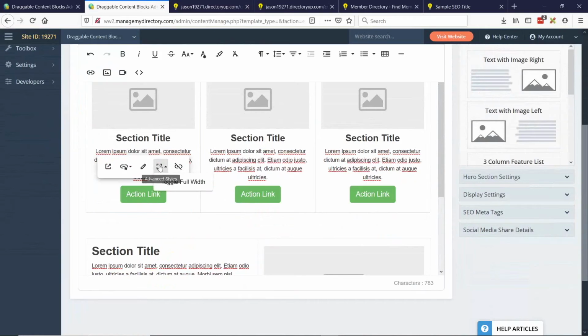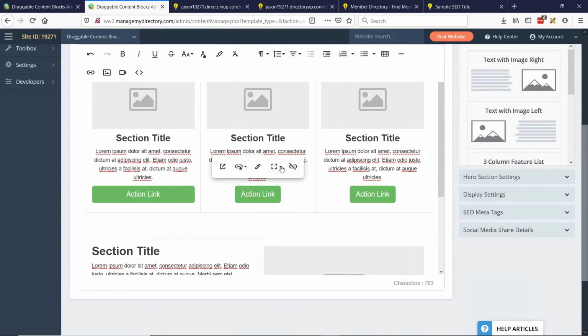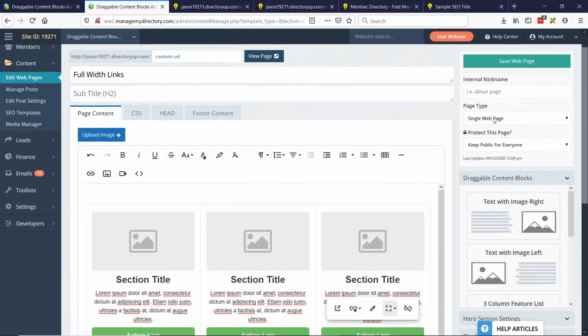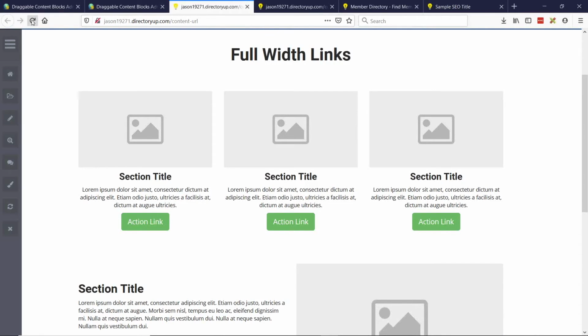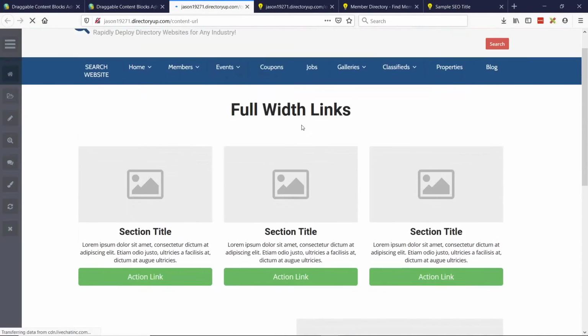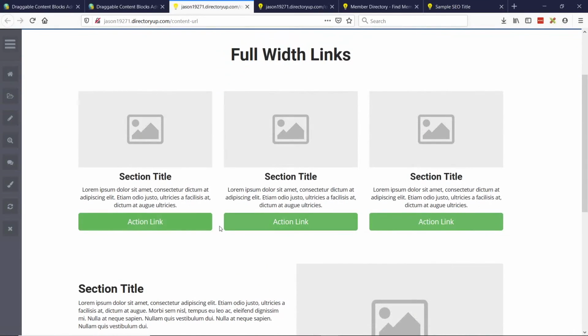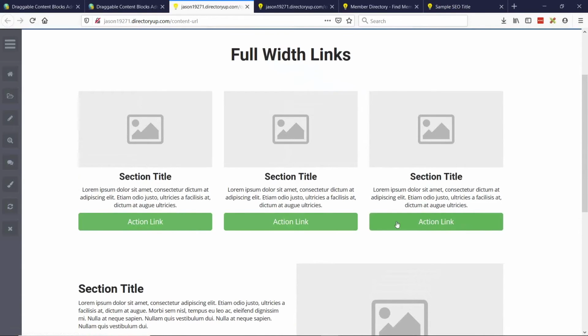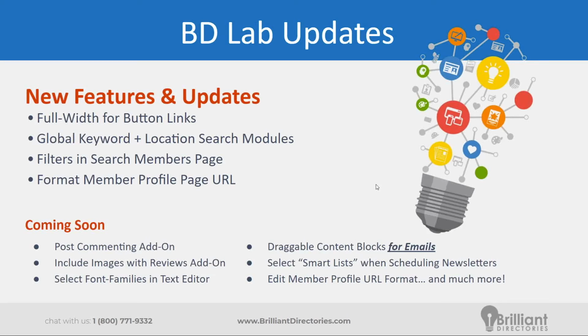So as you can see here, we have an advanced settings toggle. We're starting with the full width, and we may have additional settings here to decorate your buttons with, but for now we're just having this one option here to toggle full width links. And I'll go ahead and save the changes. There we go. So this is really cool. Just depending on the aesthetic you're looking for, you can totally change the layout and look and feel of your page with these full width buttons. So that's available to you now.